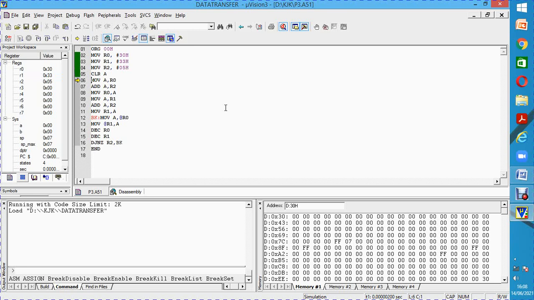Take R0, which is with the value 30H, into the accumulator, and in order to adjust the pointer, we'll be adding A with the counter value, so that it becomes 35, and that will be transferred to the register R0, as you can see here, and then adjust the pointer of R1 to the last address. Initially 33, it is added with the count value, 38, and then take that into the register R1,